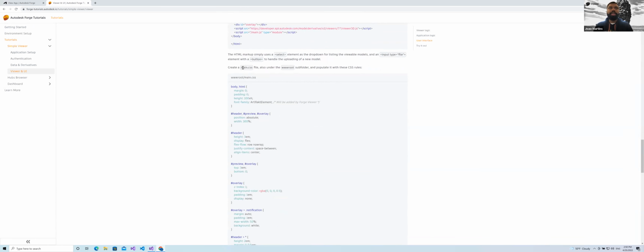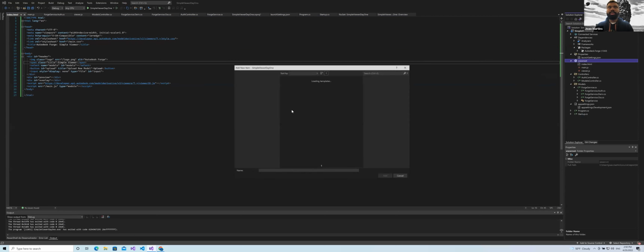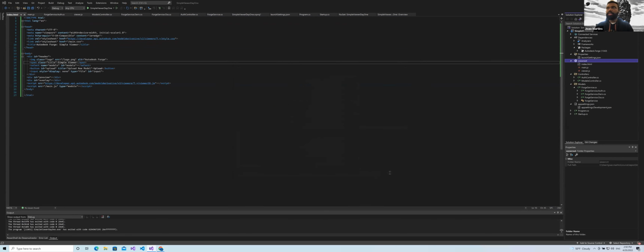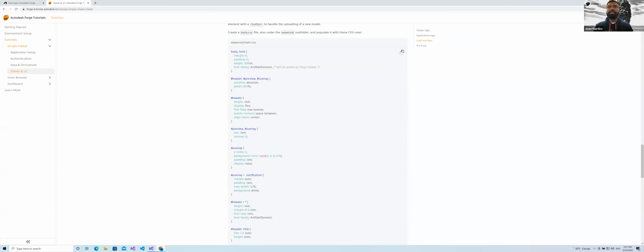Now we need to take care of the style of our application, of our page. We can copy this content right here, and we're going to add the style sheet to our wwwroot folder. So we go in the new item, style sheet, and we paste the value main.css from our tutorial. Get rid of the default content, copy the one from tutorial,